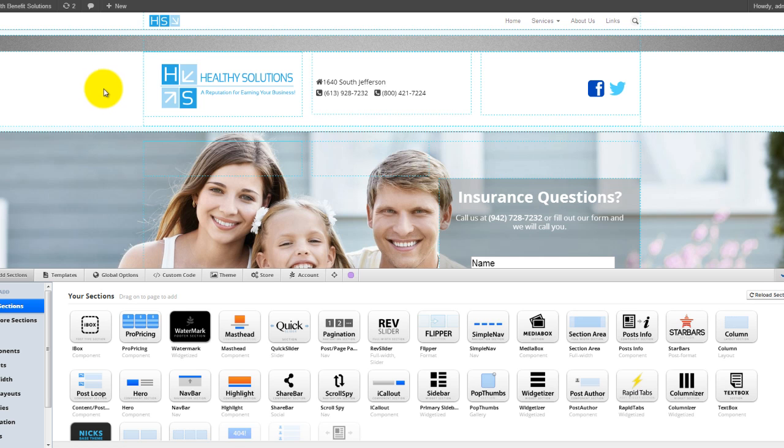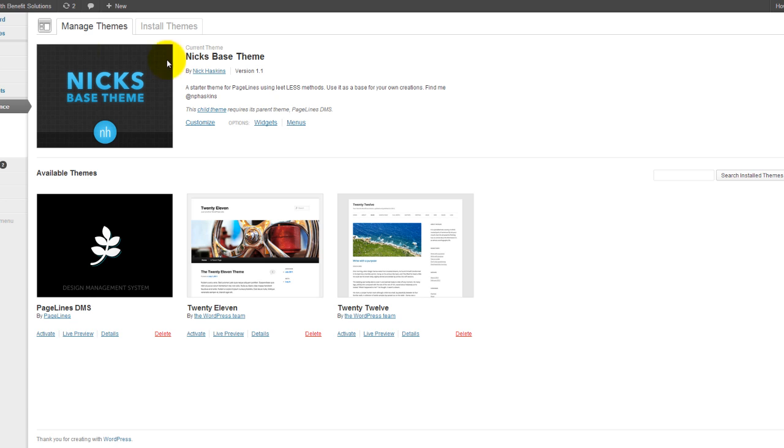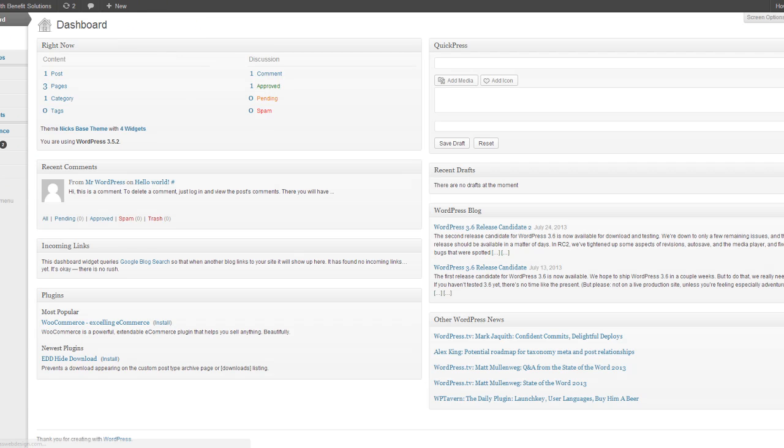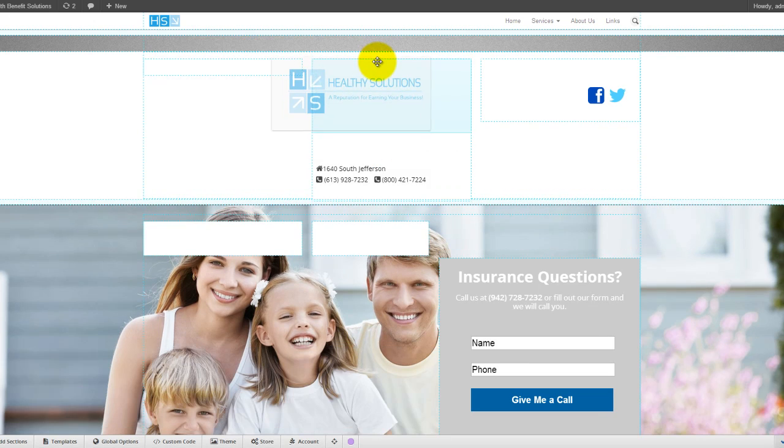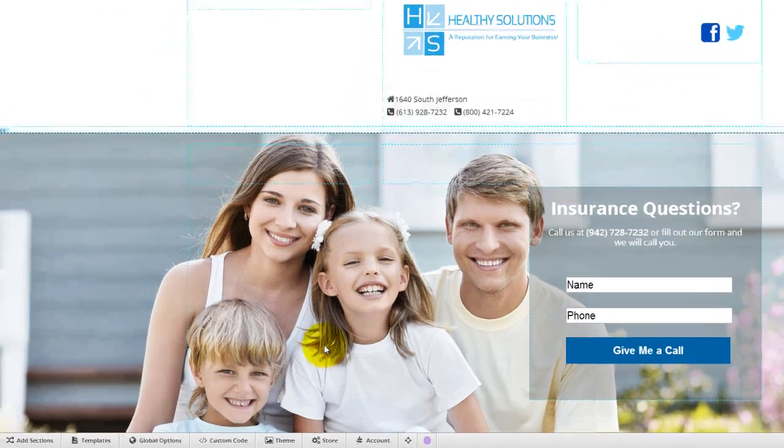But what sets Pagelines DMS apart is this front end where you can actually edit directly on the page through a drag and drop interface. Most of your frameworks, you've got a back end, and that's actually where you're going to edit your site for the most part. And then once you're done, you go to the front end. You can check it out or whatever. But with Pagelines, you directly drag and drop things where you want them, and then once you make that edit,